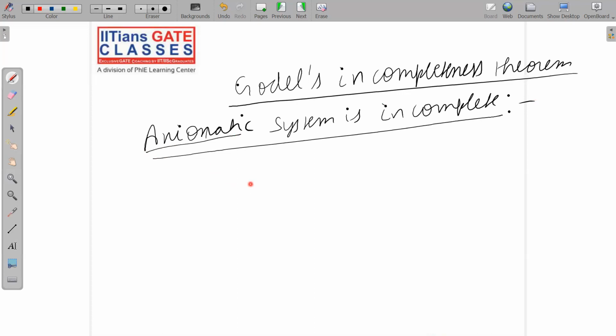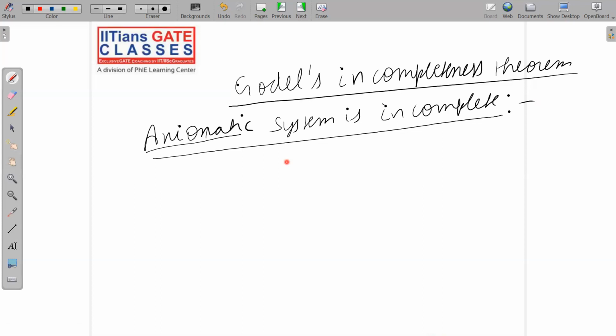Or say in the Euclidean system, you will say parallel lines will never meet. Okay, so why are they not meeting? Or you can say they will meet at infinity. So will they meet at infinity or not? We do not know. We cannot go till infinity now. So there are some axioms, or you can say some statements, which are so basic in the system that we cannot prove whether they are true or false while we are in the system itself. So if you want to prove these statements, then you have to go outside the system. Only then can you prove that these statements are true or false.